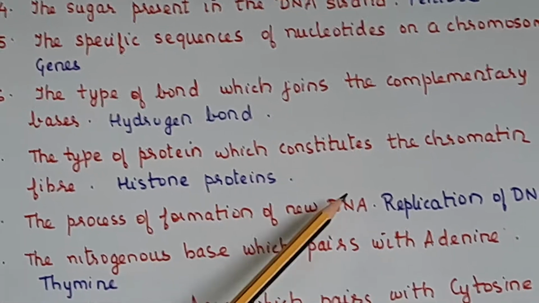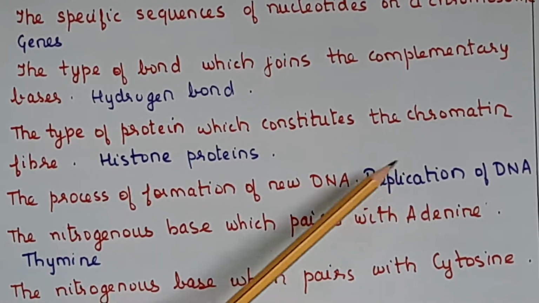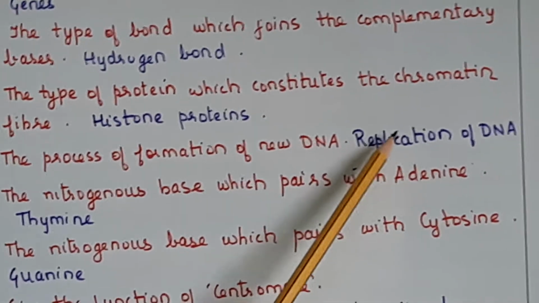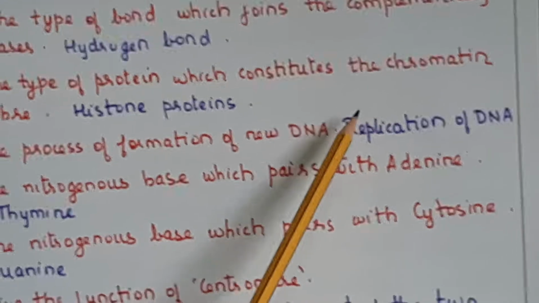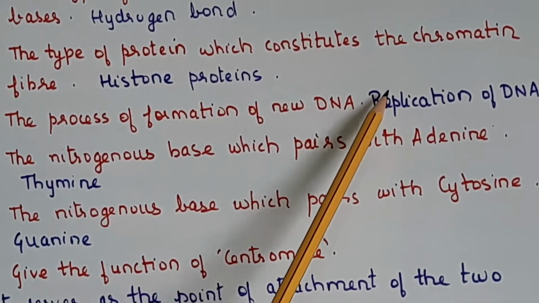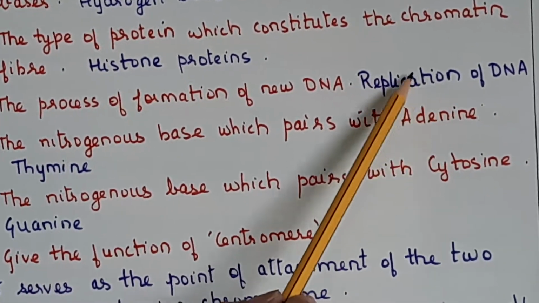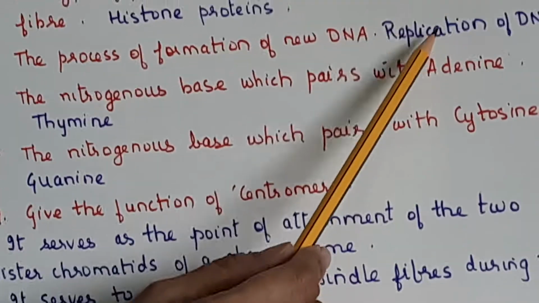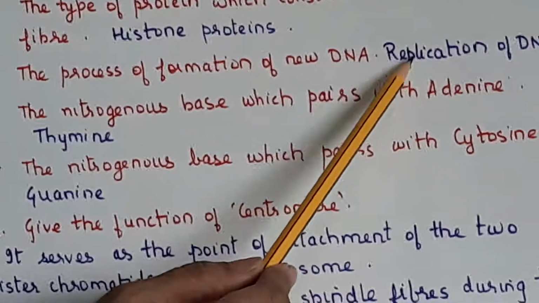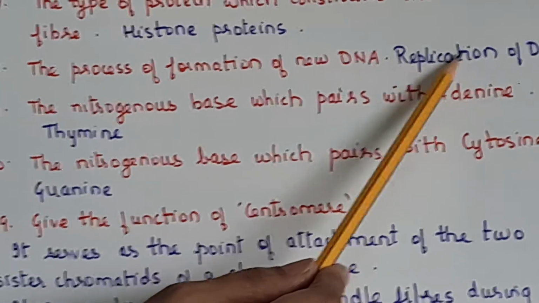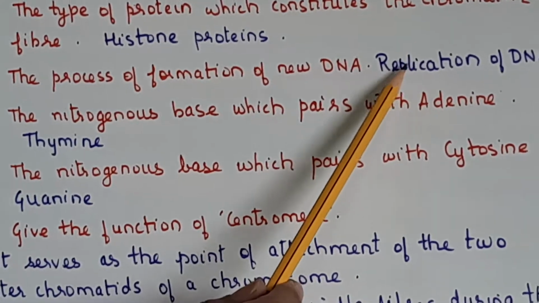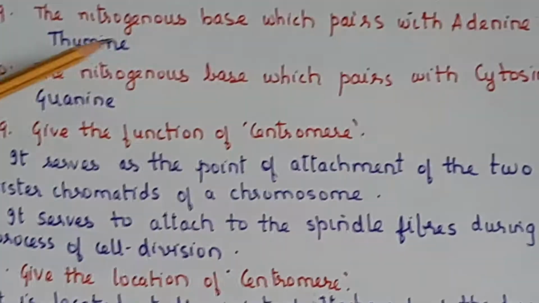Process of formation of new DNA. Now this I didn't explain, this is called replication of DNA. Okay, now you don't have the details of this in the syllabus, you only have to remember that the formation of new DNA is called replication of DNA. So just prior to cell division, when we say duplication of chromosome takes place, it's nothing but this DNA will divide and form 2 copies of itself. Okay, that is called replication. It's a highly complex procedure, you will learn it in higher classes.